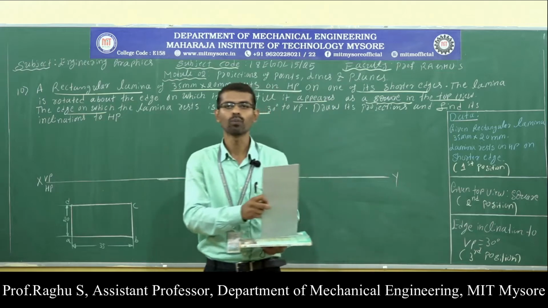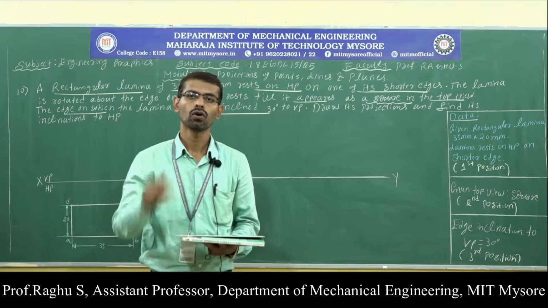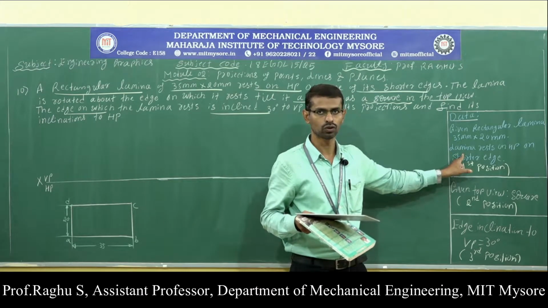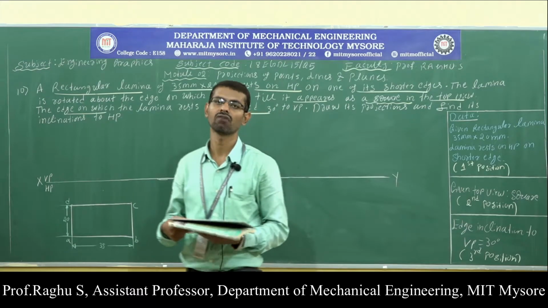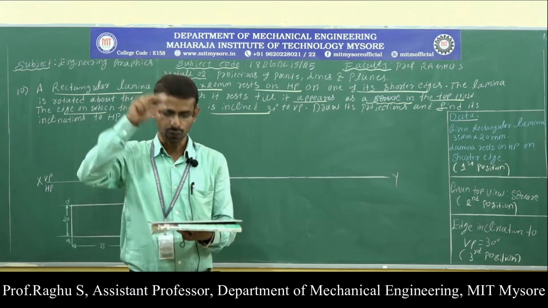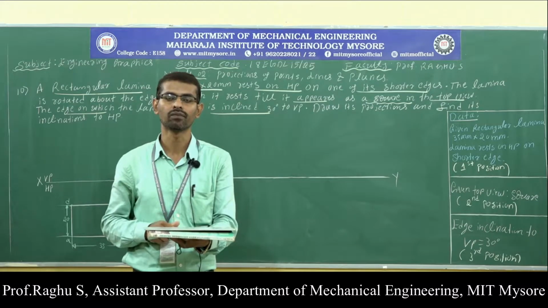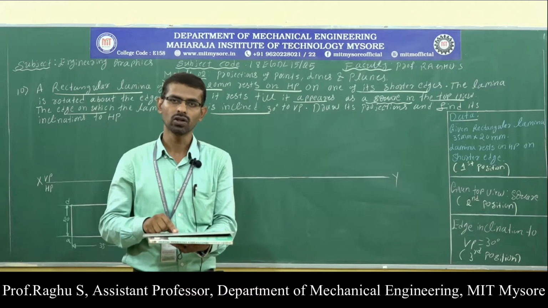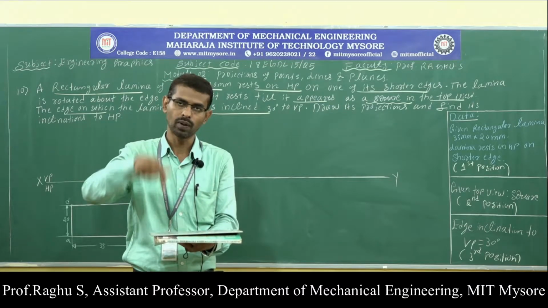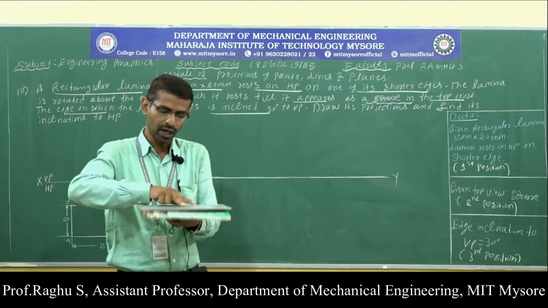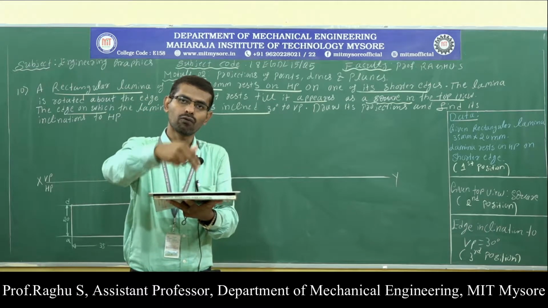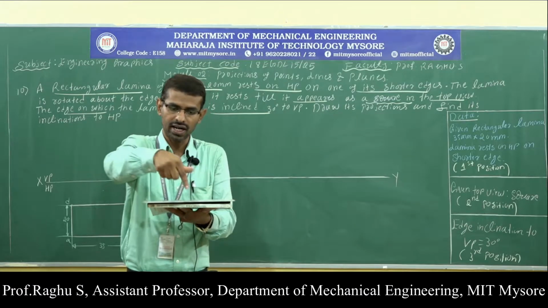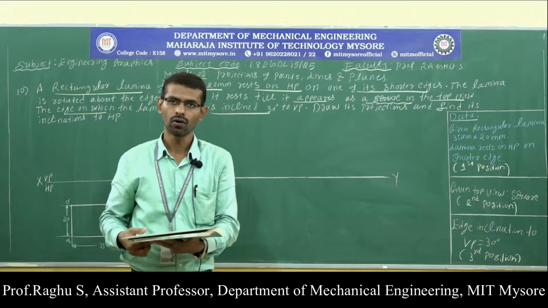Now I need to draw the top view and front view. The first position is called the resting position. This data is required to draw the first position. Here the given lamina is a rectangle of dimension 35 mm into 20 mm. First place the lamina completely on HP. Now draw the top view and front view. I should start the drawing with the top view because on HP I am going to get the true shape. Now what is the front view? When you look at the lamina from the front side, the lamina looks like a straight line.